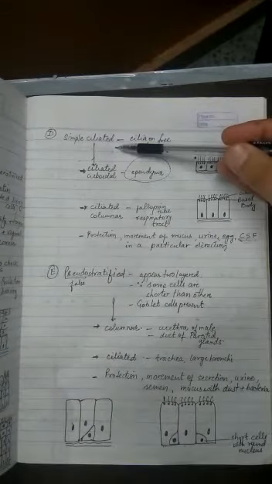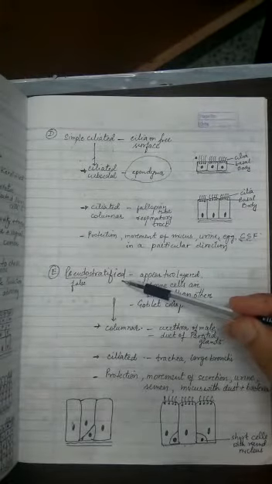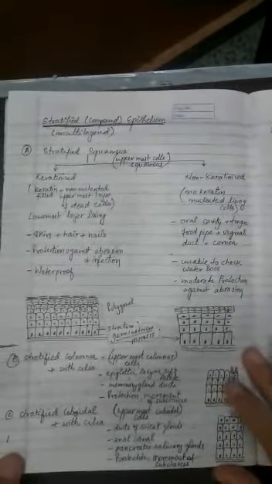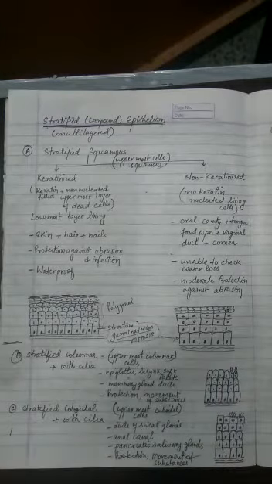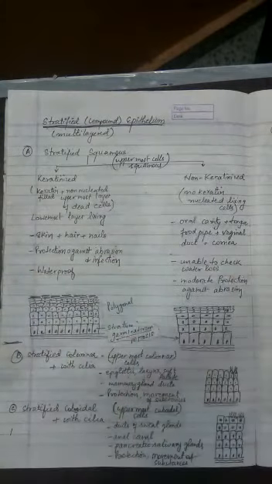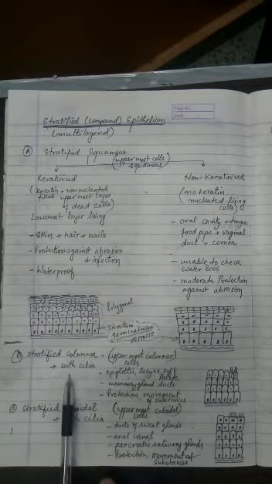simple ciliated type, and then according to whether the ciliated cells are cuboidal or columnar, two subtypes are there. Then a layer which appears to be bilayered but in reality is single layered is the pseudo stratified one. We covered in the last class the stratified or compound epithelium, that it is multi-layered, and according to the shape of the topmost cells it is called squamous stratified, columnar stratified, or cuboidal stratified. The squamous type can be keratinized or non-keratinized, and the columnar and cuboidal can be simple or with cilia,